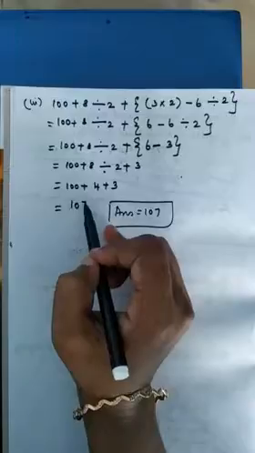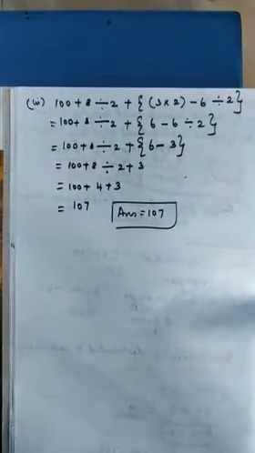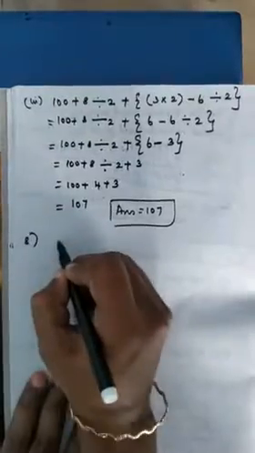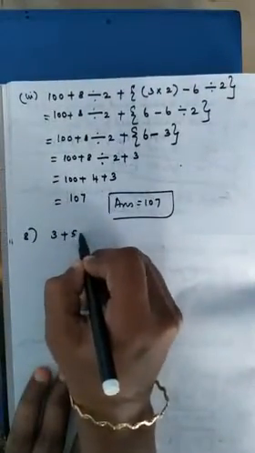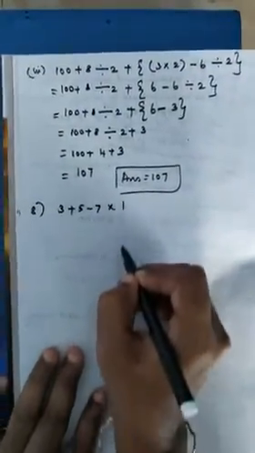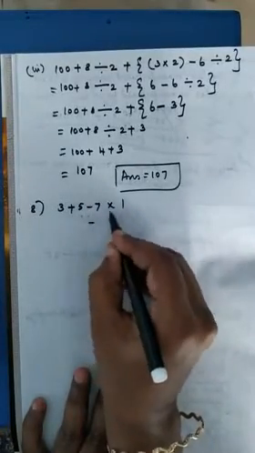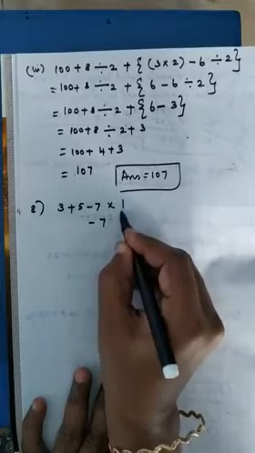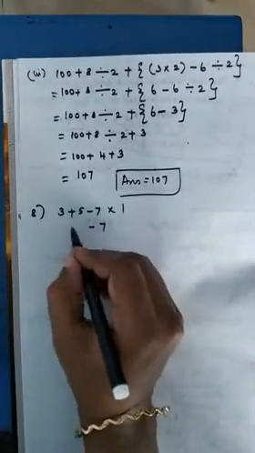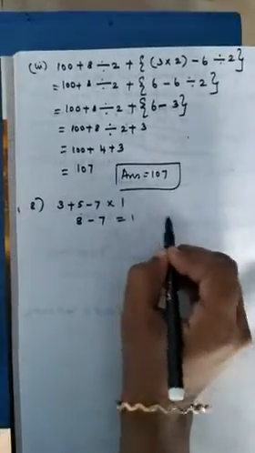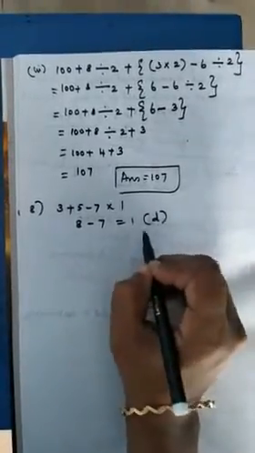Okay. Now coming to the objective type questions, that is the 8th one. That is 3 plus 5 minus 7 into 1. So I already have told minus will be at the last. So as of now, I can multiply this 7 into 1, 7, and I can keep 3 plus 5 as 8. So 8 minus 7 is equal to 1. So this is my option D.